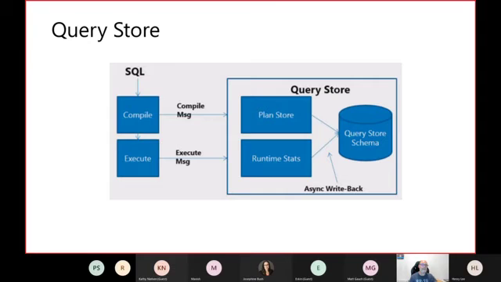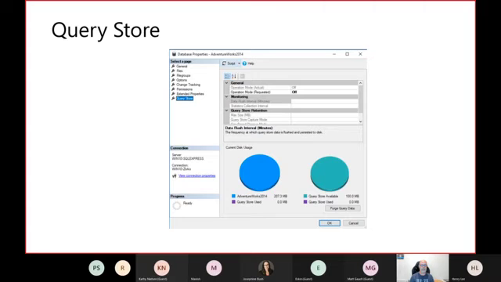Then SQL Server executes that code based on the plan that was compiled in the previous step, right? And when it runs, we're going to have runtime information like duration, resource usage, etc. So that information is also stored. And then we will see all these interesting reports, and it's going to help us to take decisions.